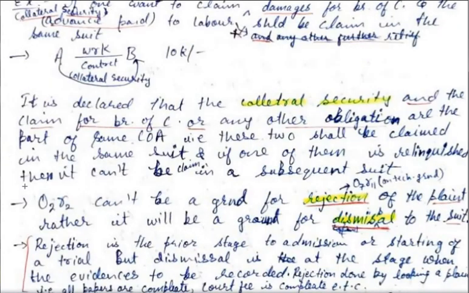तो इसको लिख लीजिए आप, इसको लिखिए आप कोलैटरल सिक्योरिटी पर। ये एग्जाम्पल तो बना लिया होगा आपने। Now write, it is declared that the collateral security and the claim for the breach of contract, लिखा नहीं है, but अपनी तरफ से लिखवा रहा हूँ, और any other obligation लिख लो, और claim for any other obligation, a breach of contract or any other obligation are a part of same cause of action, that is these two shall be claimed in the same suit, and if one of them is relinquished, then it cannot be claimed in a subsequent suit।